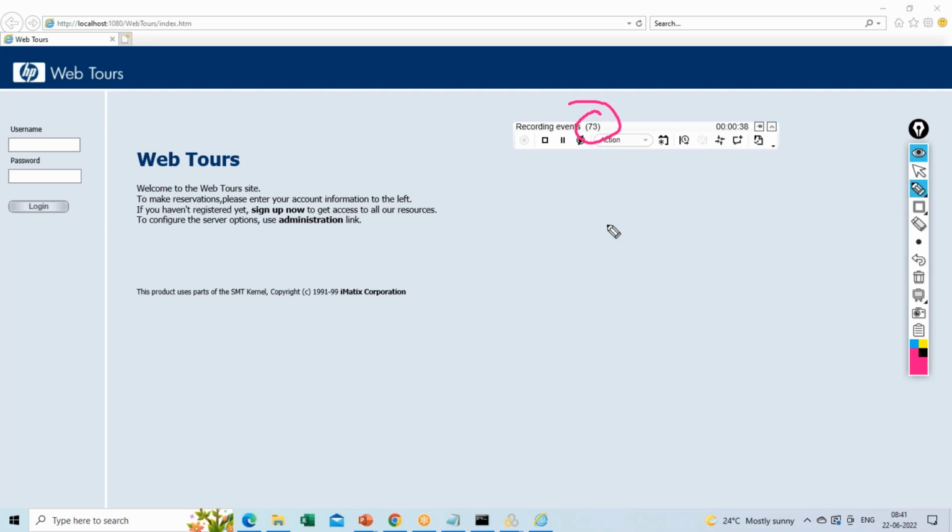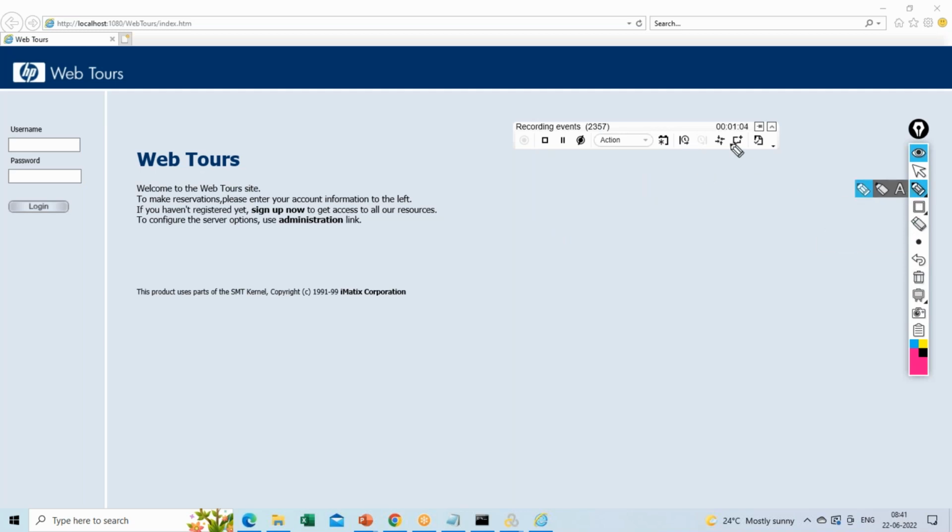That means this particular tool or component is able to record the application successfully. Whatever actions you perform, it's recording them. We have just launched the application, so it's trying to record the flow. Then you have different options over here like stop recording, pause recording, and so on. We will discuss them in detail again, but for today,